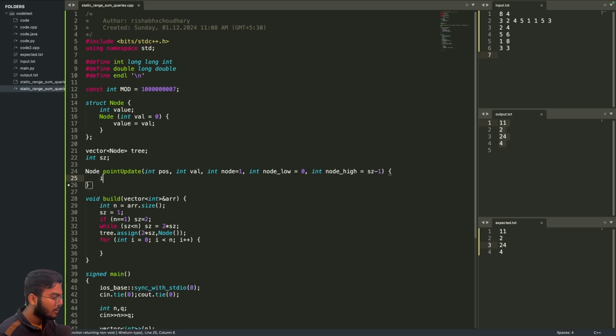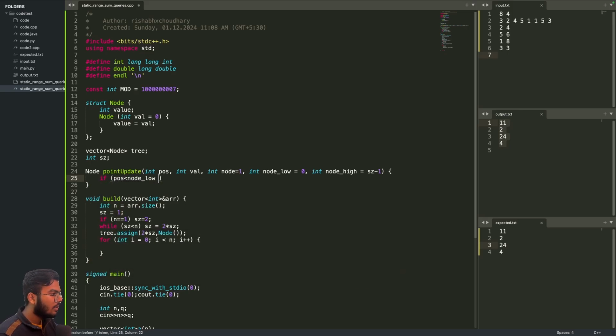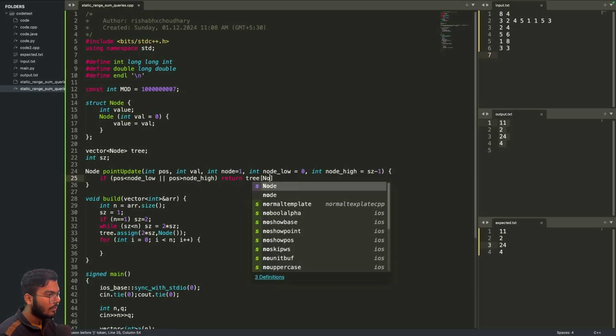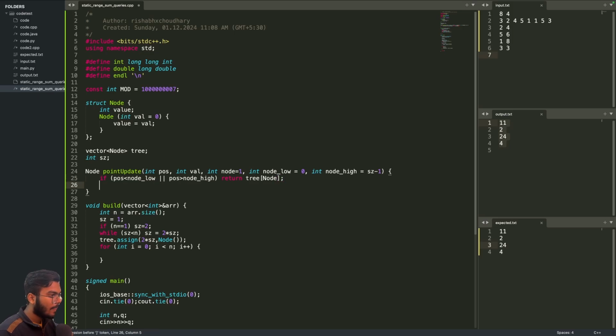So what we can do, first of all, if my position is less than node low or the position is greater than node high, obviously what I want to simply return is the tree node. Okay, I don't want to do anything. In the else case, when we have both the things equal, so position equals node low, and position equals node high,